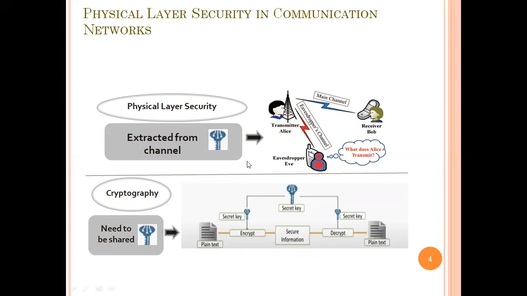So in order to overcome this drawback of the cryptography based techniques, the physical layer security